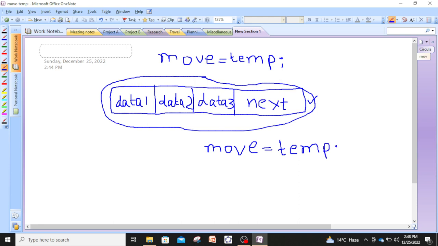So the variable move always indicates the last node. So in this way you can get a linked list of many sizes, repeating the same process. Now we go